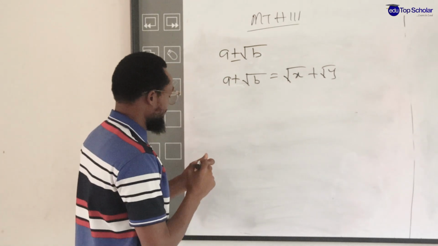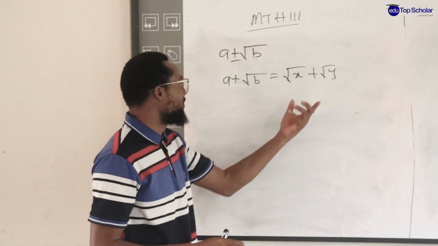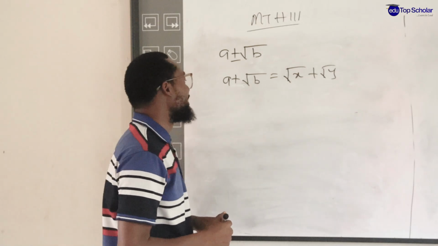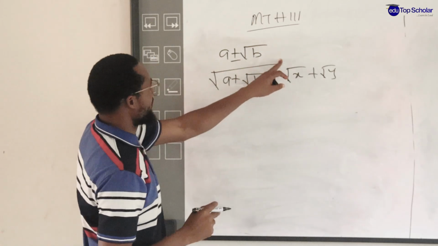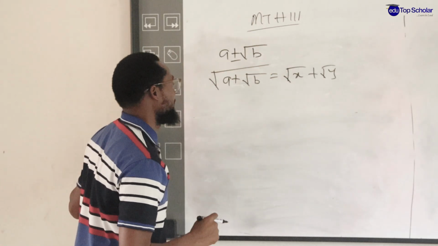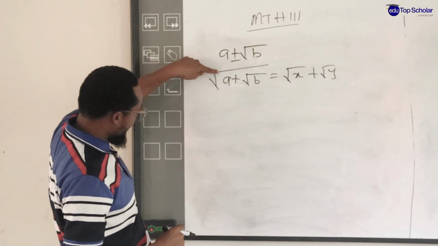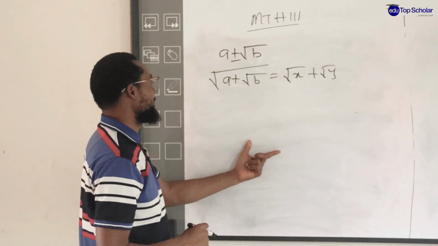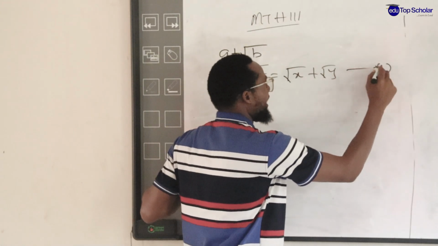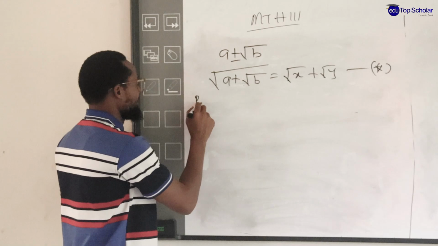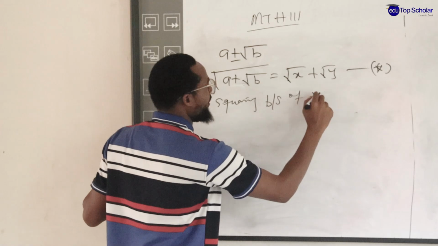Following this approach, we compute the values of x and y by solving the equations simultaneously. How? Given this, this is the square root of the given surd function. In order to reduce this, I want to take care of this root first so that we can perform the operation. What do we do? By squaring both sides of this given equation, let me call it equation star, by squaring both sides of equation star,